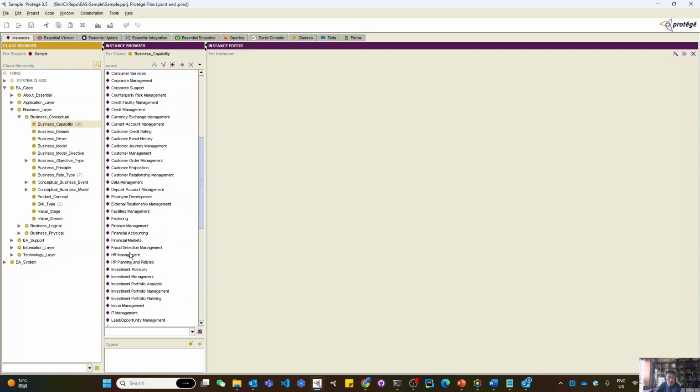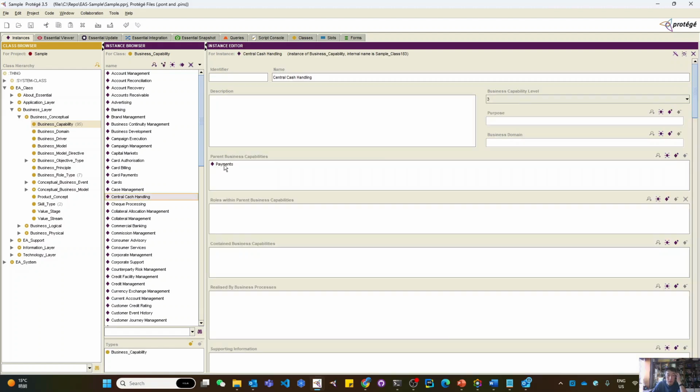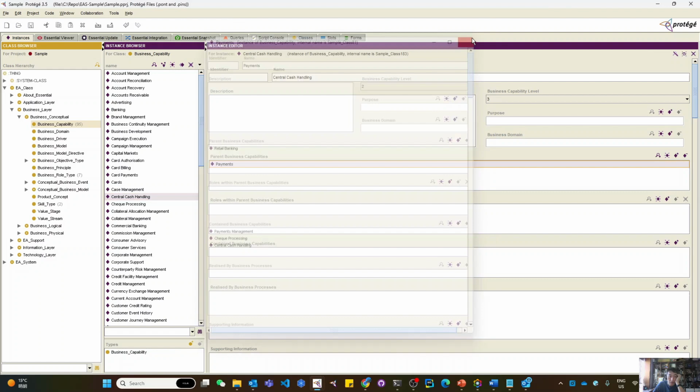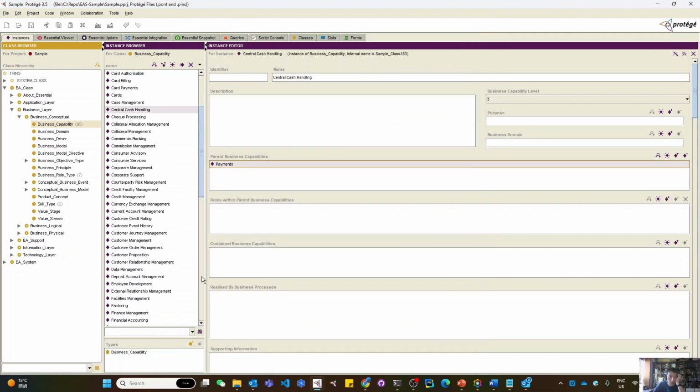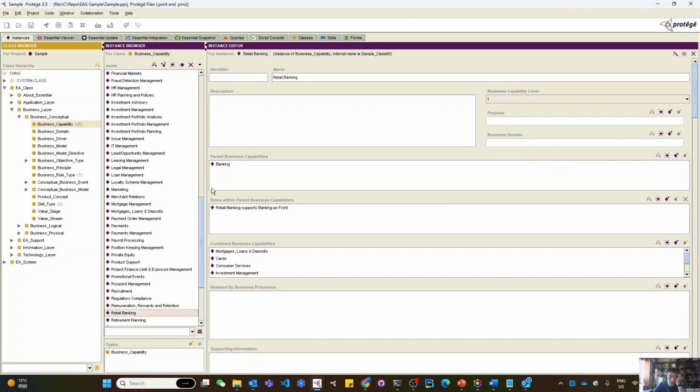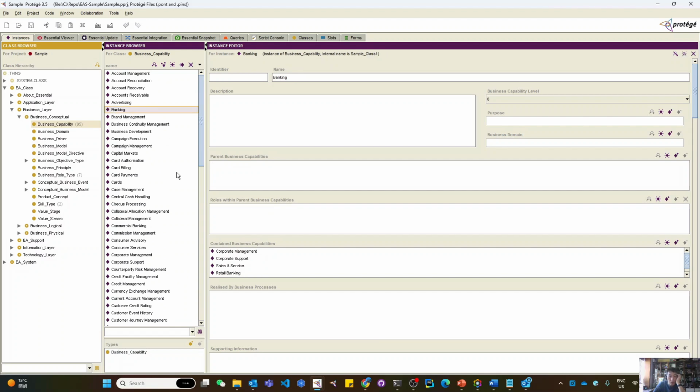What is this one? Financial. Which one can we put that under? So parent is payment. So payment is retail banking. Let me find the root. Retail banking's root is the banking. Banking is the root, right? Okay. Marketing, corporate management,